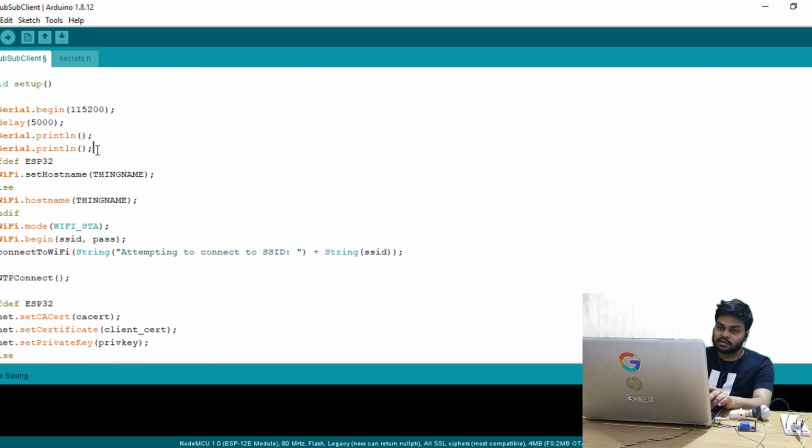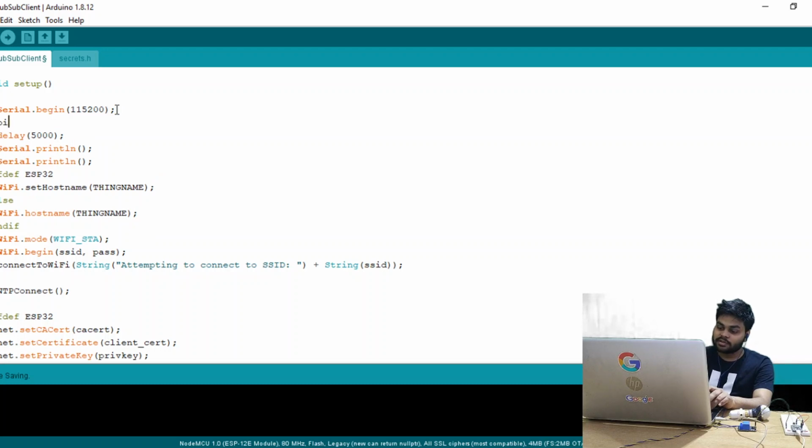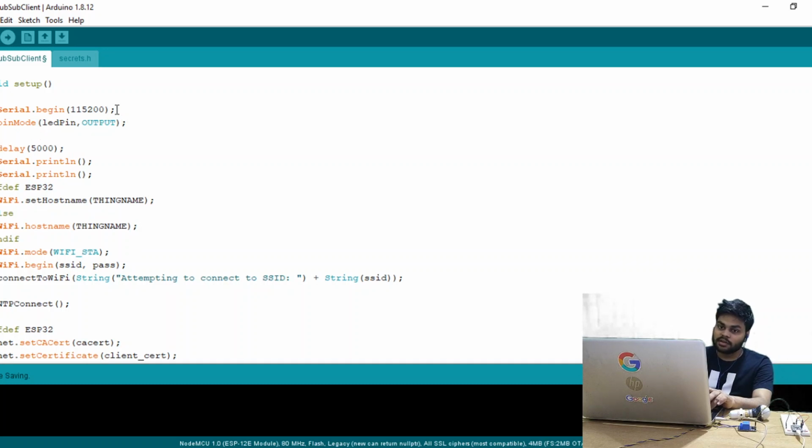In the setup method, after these println statements, or before them, anytime, simply set the pin mode. The LED pin will of course act as an output pin, since we are using the built-in LED. And pin mode for the button pin which we have defined is input pull-up, since we are not using any resistor with the button.